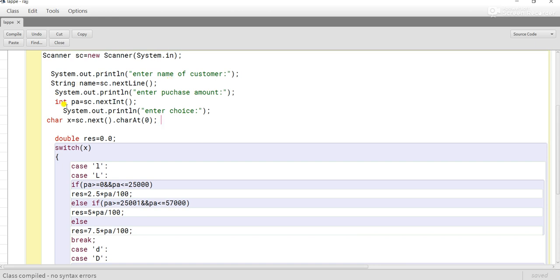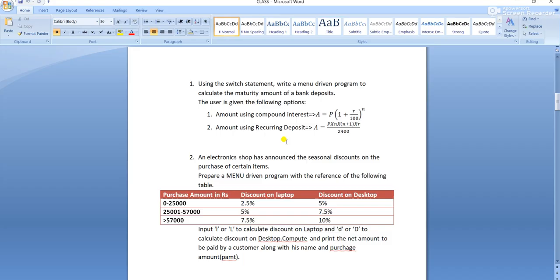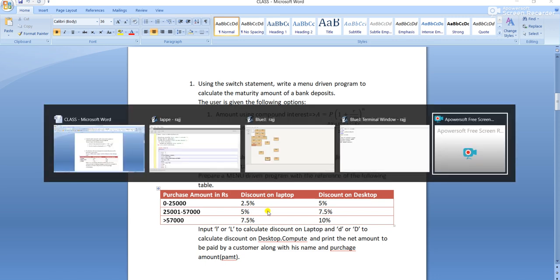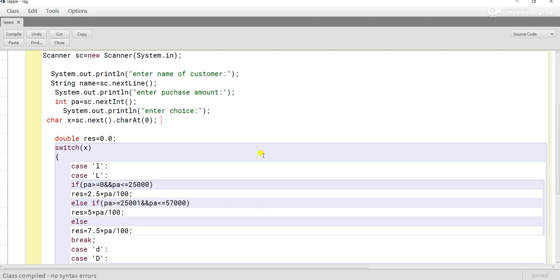Right, so this is our next application. I can go back to the list of applications. But before showing the list, let me explain how the execution happened. We give customer name as Rajesh, that data is collected by the nextLine function and stored in the variable name. We give purchase amount 50,000, collected by the nextLine function and transferred into the PA variable. And we choose the choice as D, that D is collected by the next function